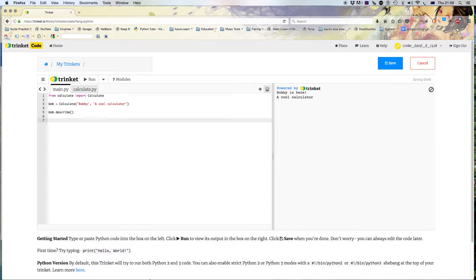Now you may say at this stage, well, big deal. How is it any better than traditional programming? Well, here's where the magic happens. I can actually create any number of objects here. So I could actually create another calculator. I could say Mary equals